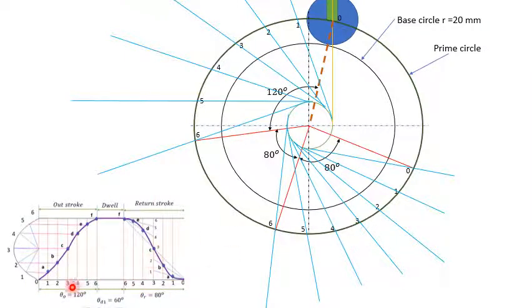Now here, along the horizontal line, we have the numbers 0 to 6 for the outstroke, and similarly 6 to 0 for the return stroke, right? These are the cutting points A, B, C, D, E, F, which are located along the vertical lines of each division. So measure 1 to A from the displacement diagram and transfer the same onto this cam profile. Okay, so that is the first cutting point.